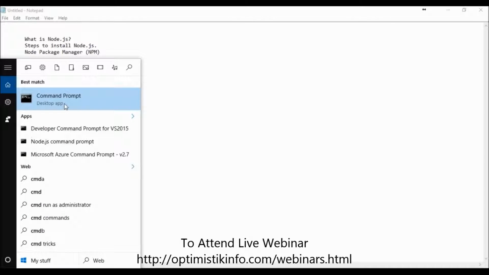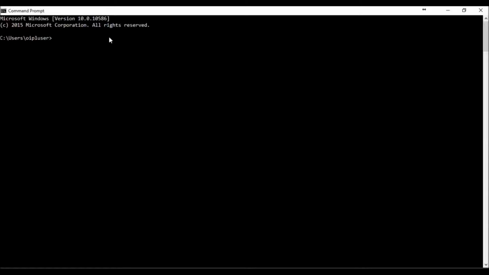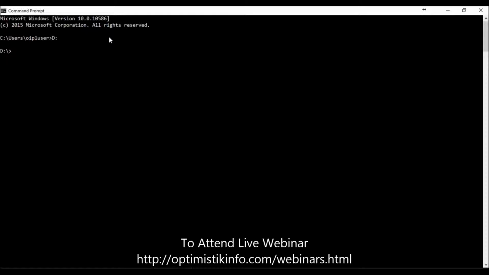Here, go to the location on the D drive where we have created that particular folder: cd demo_node. Now we want to run that particular file, so we can type node hello world.js. Press enter. If the installation is successfully completed, then it will print hello world on our console. That is, it is showing the output as hello world. You can see here. So this is how we can install Node.js and verify that Node.js is installed or not.